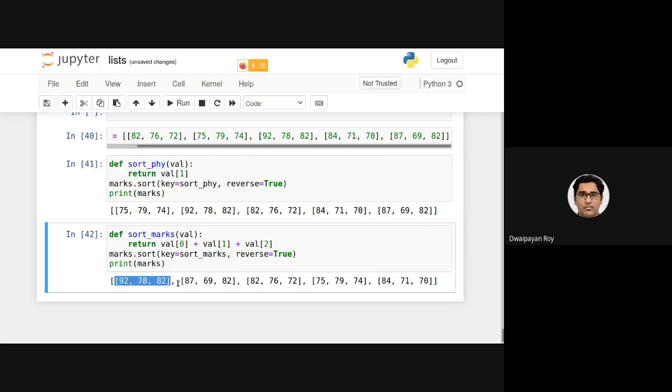If you sum them up, you will find that this is the highest, this is the second highest, this is the third highest, and so on. Here, as I said, I'm defining a function based on which the comparison happens, and that function name has been provided as the key here.